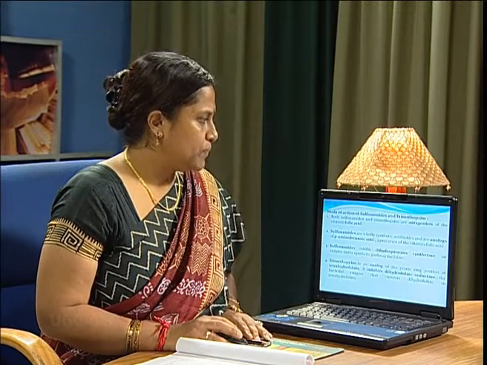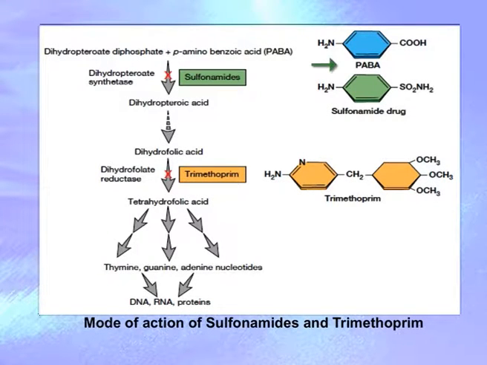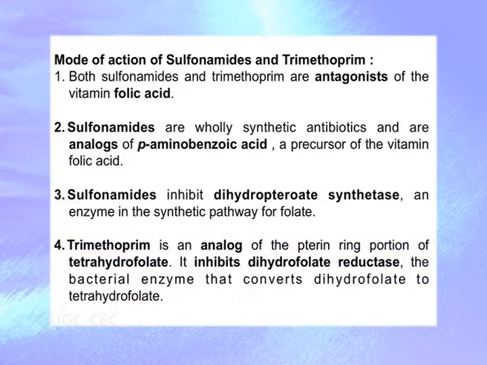Next we are coming to the mode of action of sulfonamides and trimethoprim. Both of them are antagonists of the vitamin folic acid. Sulfonamides are wholly synthetic antibiotics and are analogues of para-aminobenzoic acid, which is a precursor of vitamin folic acid, and they inhibit dihydropteroate synthase, an enzyme involved in the synthesis of folic acid. Next we have trimethoprim, which is an analog of the pterin ring portion of tetrahydrofolate, and it inhibits dihydrofolate